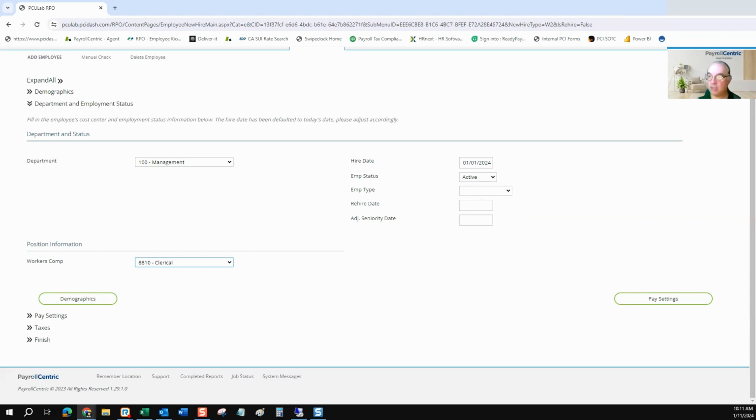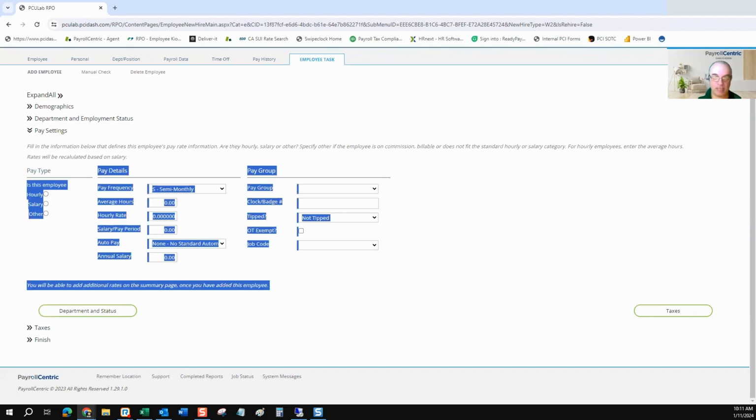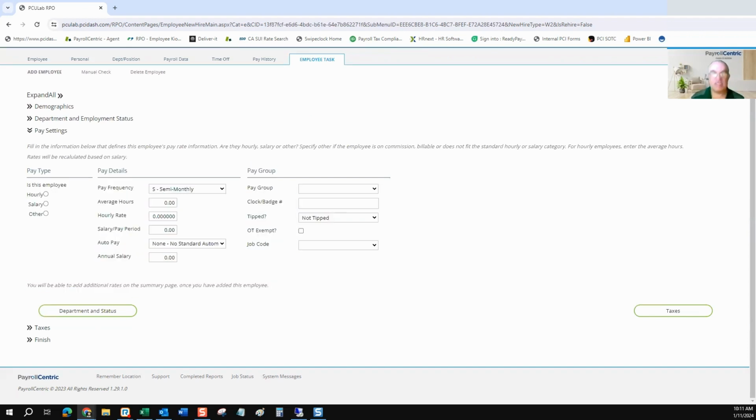The next thing I'll do is I'll go to pay settings. And in here, there's this pay type. Now this pay type is here because our onboarding service is about hiring new hires. It kind of links here in this section with the wizard, but we do not use this in the wizard. We just go straight to pay details, and we would enter, say, the hourly rate, right? Or say $24 an hour,